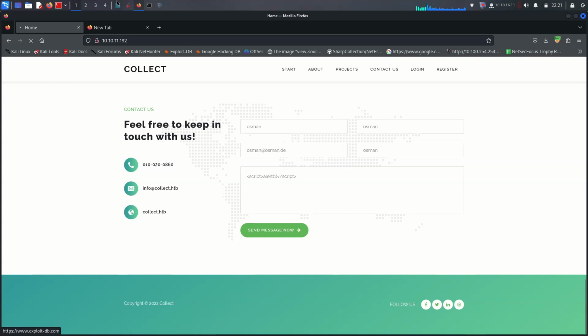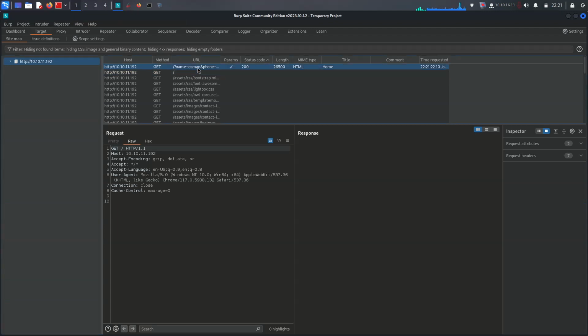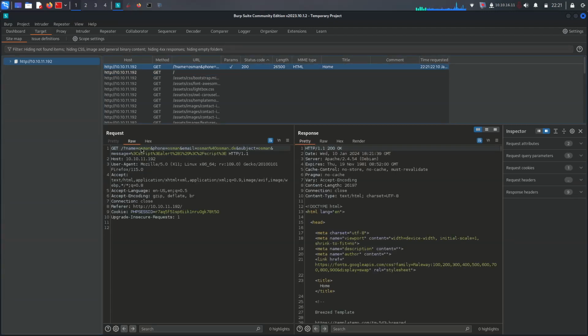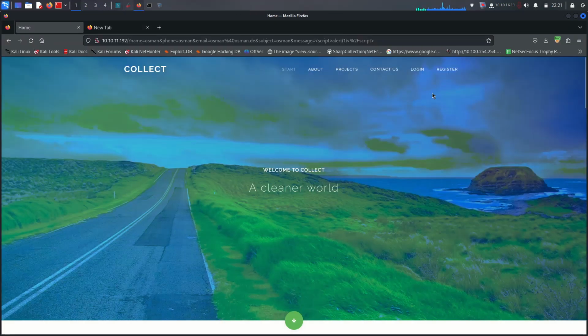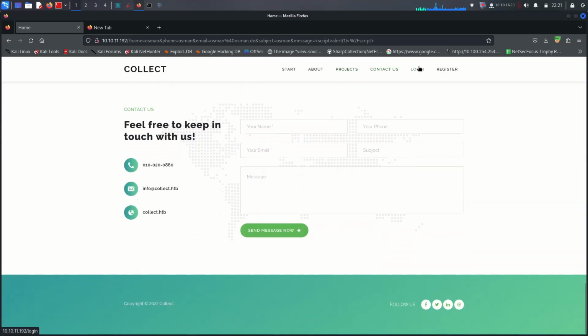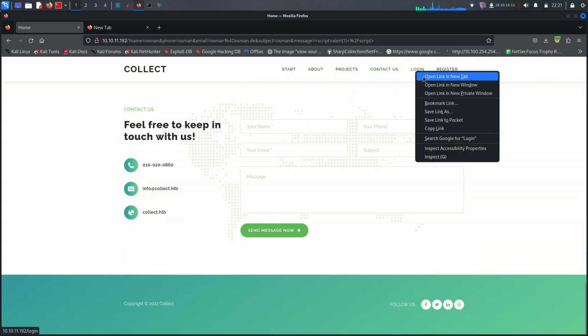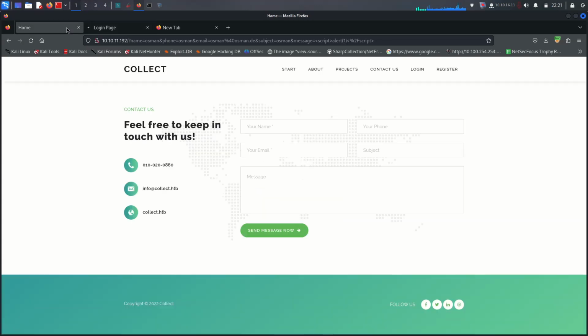Alright, great. Okay, so it looks like it's using the GET method and saving name, phone, email, and subject. And the message is just being sent here. It looks injectable, but we're getting a different message here. So it's for contact us here. There's another thing we found, a login page. Alright, great. So there's another thing we can try here, SQL injection, but firstly you have to focus on